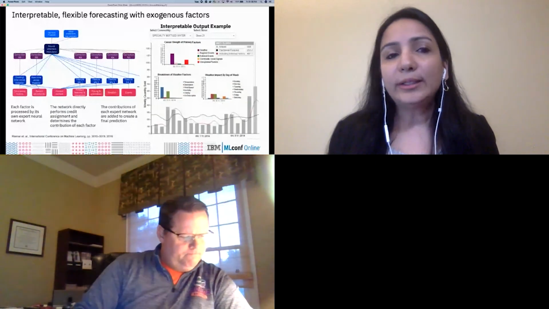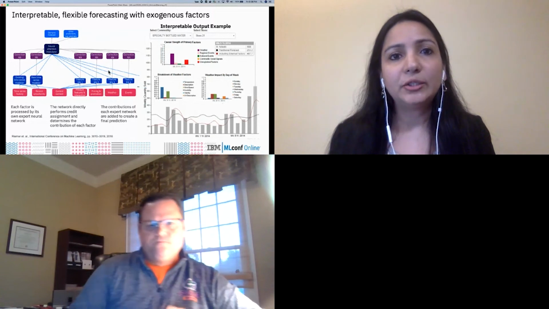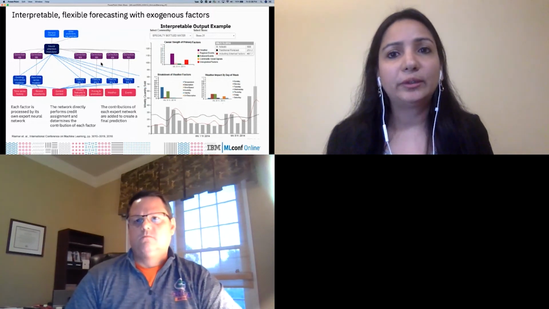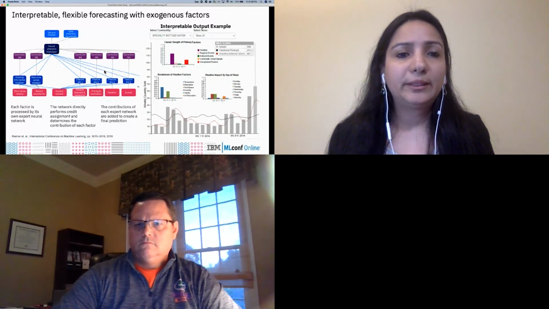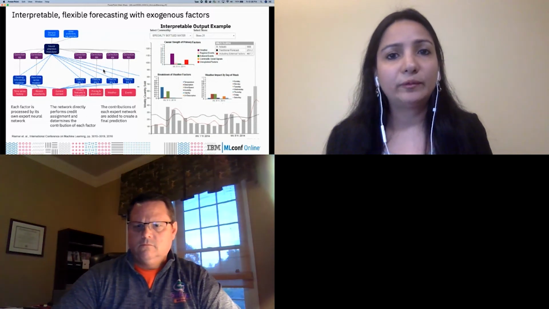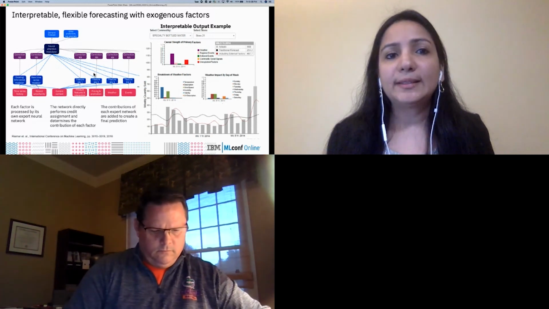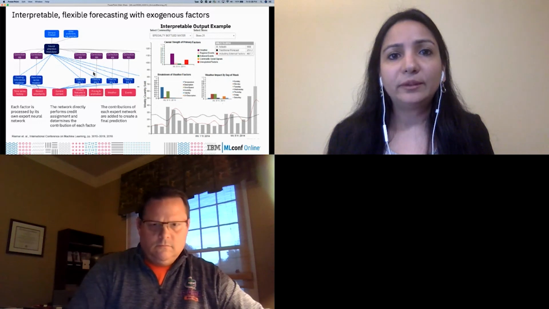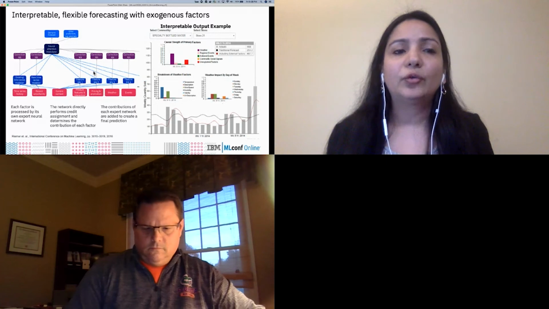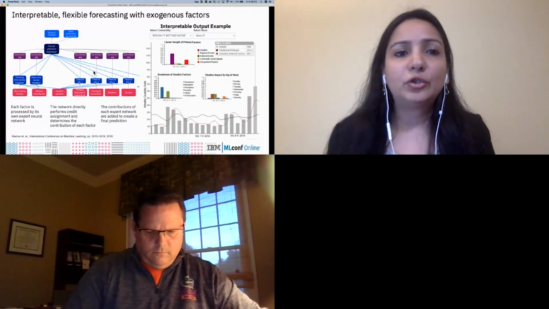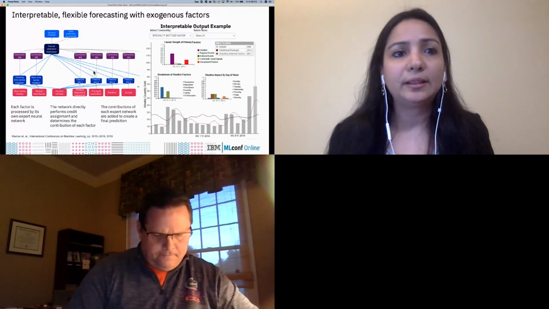So I'll quickly run through this, but here's an example of another model that we have from IBM Research, and this is a multi-factor attentional neural network. In this forecasting model, we're adding interpretability by adding context-based importance weighting to these external factors. Each factor is processed by its own expert neural network, and this extracts the most useful features from the data set. So, for example, it can be features like the ratio of average weekly temperature last week versus this week from a weather data set.